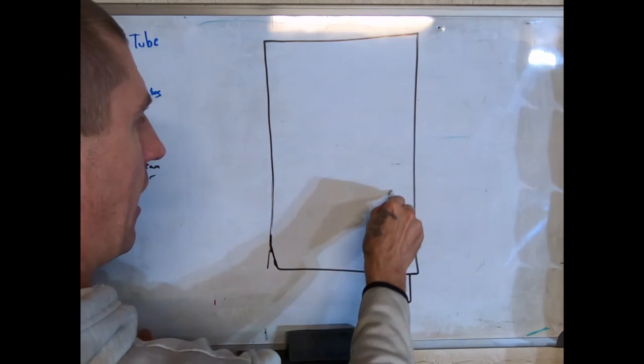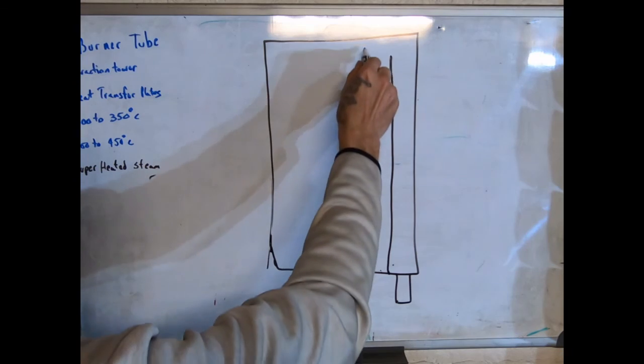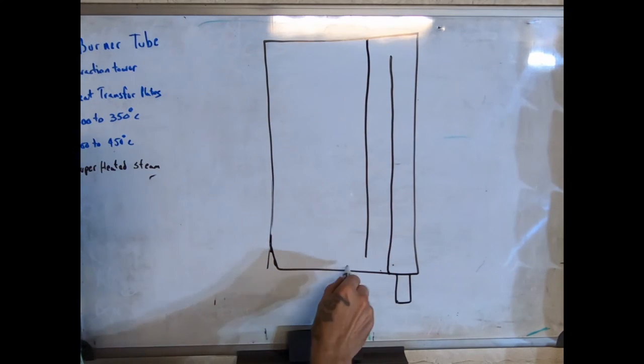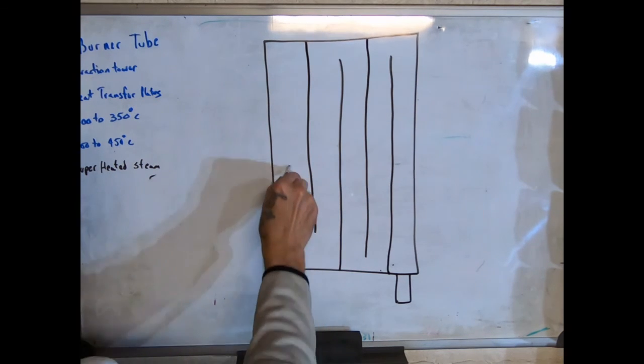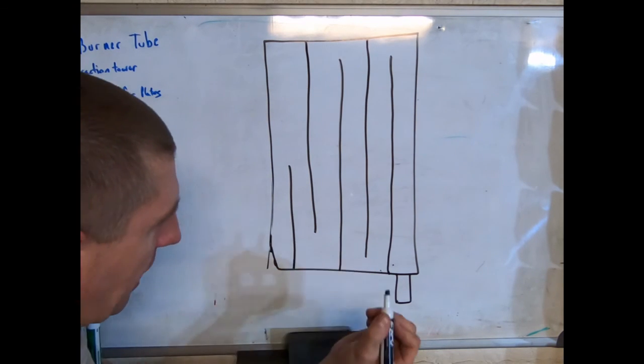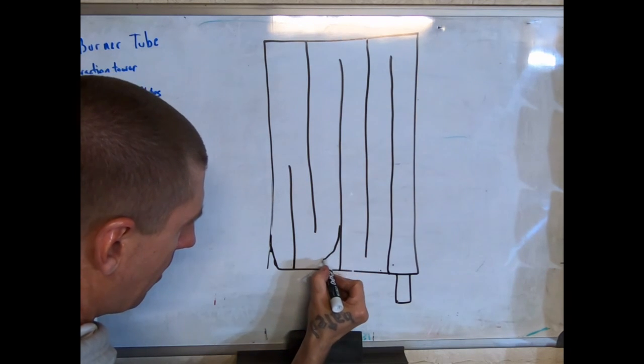Then we take a slat here and we stop it short. We take a slat here and we stop it short. And we're going to repeat that. This is an abstract. In reality, we would want to take a piece of the stock and put a U in here like this, because the